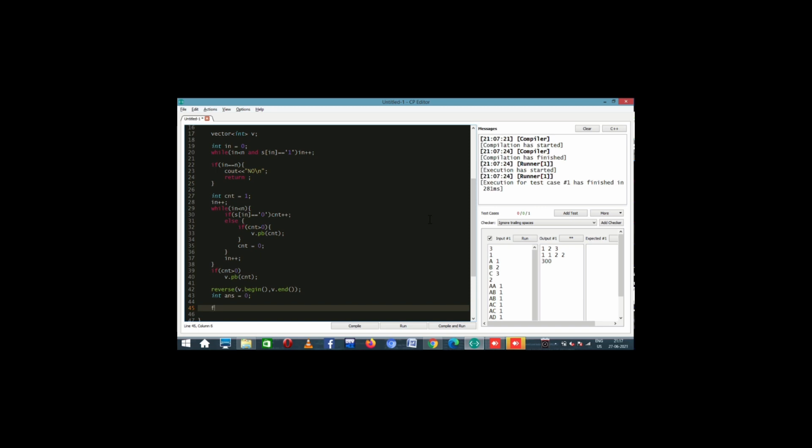I will go over all the values in the vector. Let us call each value x. Now either we choose x, in that case answer will be the max of either x plus answer by 2, or we keep the current value of answer. That's it, those are the two choices.